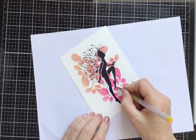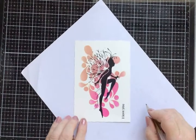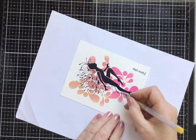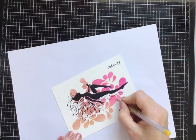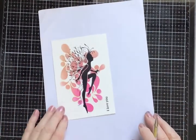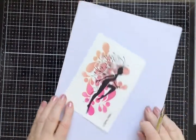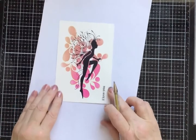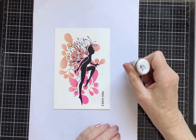I do need to do this one as well, I think. Yeah, that's not bad. For me, that isn't bad because I'm usually pretty good because I can't be bothered with all this patient stuff. So I'm inclined to rush it, and then I just ruin the outline. It's not neat enough, but this isn't too bad. I don't think that's too bad. You can take your time and have a go at that, but I think that it does zing it out a little bit more. And then finally, the good old enamel accents, or you can use pearl drops or something, or you could just use